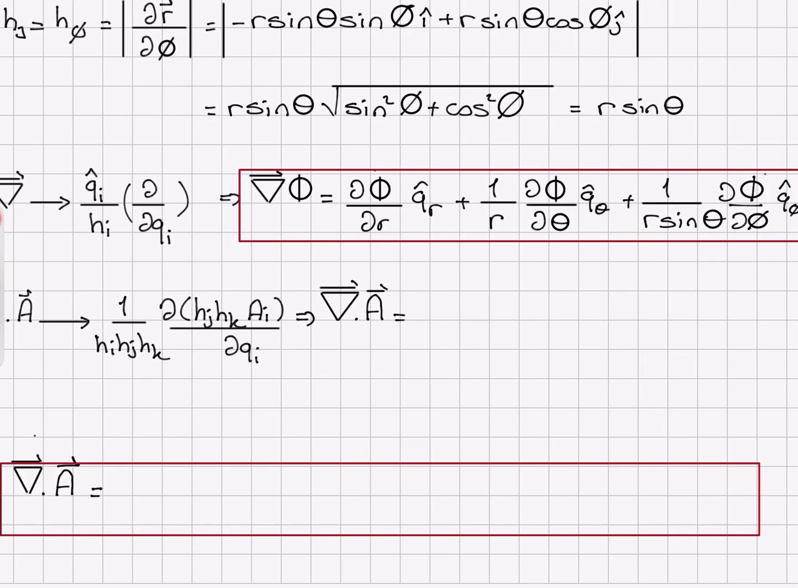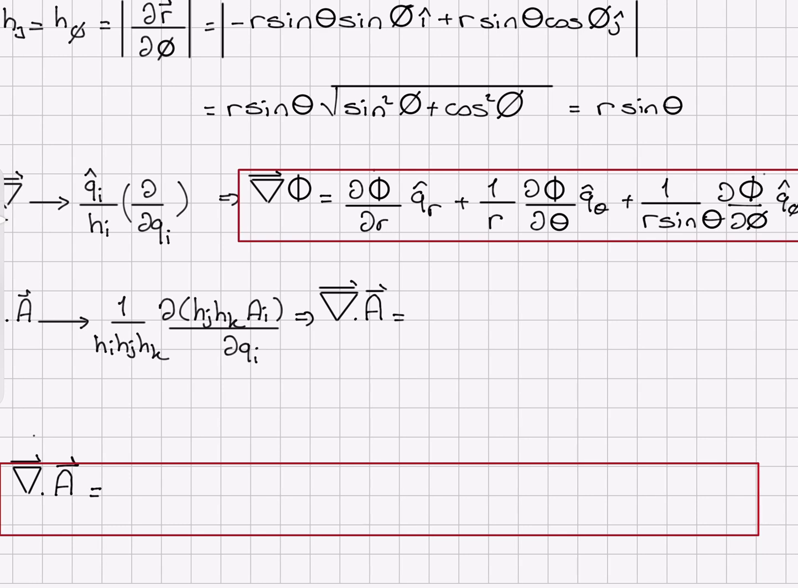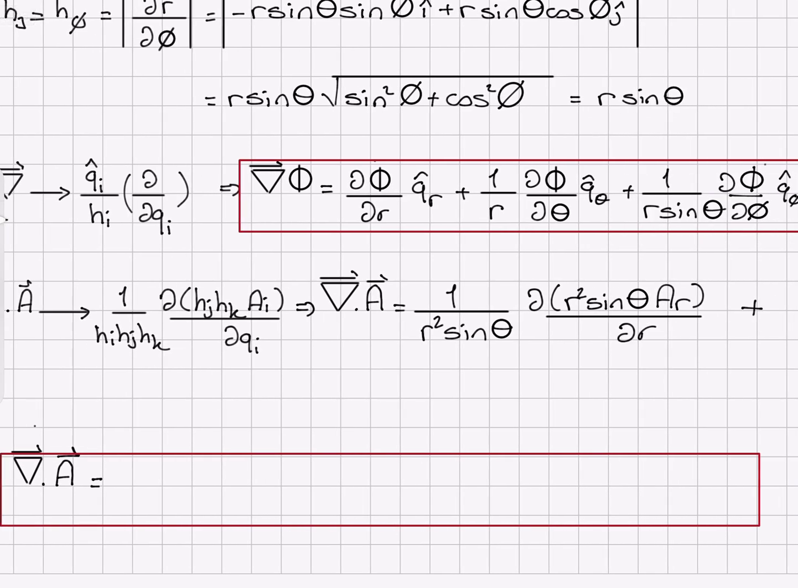So this is our gradient operation. As for the divergence, we have 1 over h i h j h k del q i of h j h k times a i. So if I take the product of the scale factors, one of them is 1, the other one is r, the other one is r sine theta. Therefore, I will obtain 1 over r square sine theta. And then I have the partial derivative with respect to r, so I should use h theta and h phi, it's r square sine theta a sub r, del r, plus,